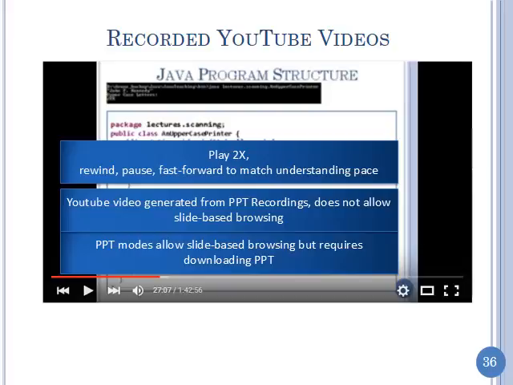Okay. But one problem with the YouTube thing is that you can't go slide by slide. It doesn't have the concept of slide. It just has a linear recording. So you can't say go to slide 10. Okay? So that is where